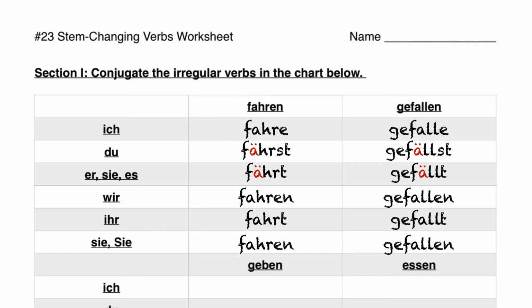For those of you who are a little bit familiar with Spanish, there is the word gustar, and that one uses the same type of pattern in Spanish as it does in German. Also, fair warning, gefallen is also a dative verb, which means that it takes a dative object, and that dative object is basically what we would have as the subject in English. So what I'm telling you is gefallen is not irregular just because of the stem change here. It's also irregular because it's just a weird verb that takes a dative thing for no apparent reason, which is going to come up here in about 6 more videos or so.